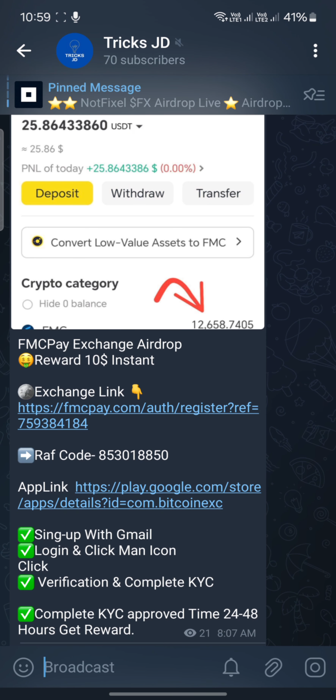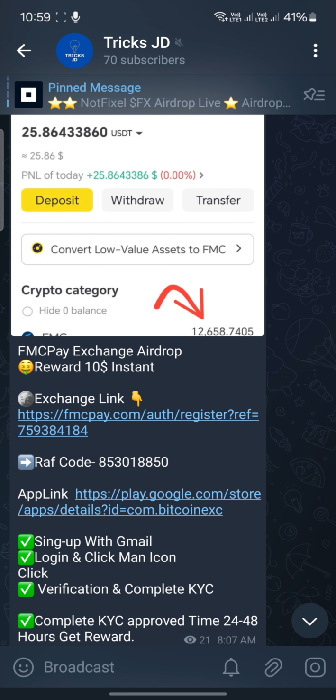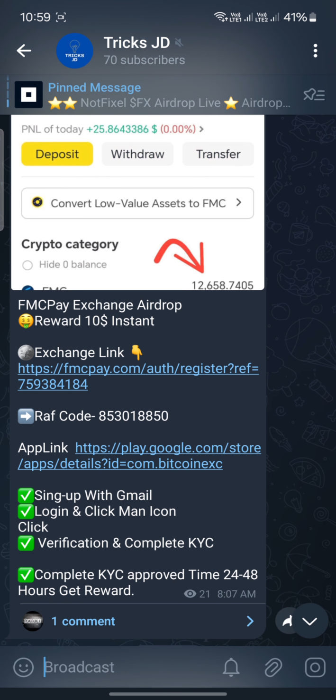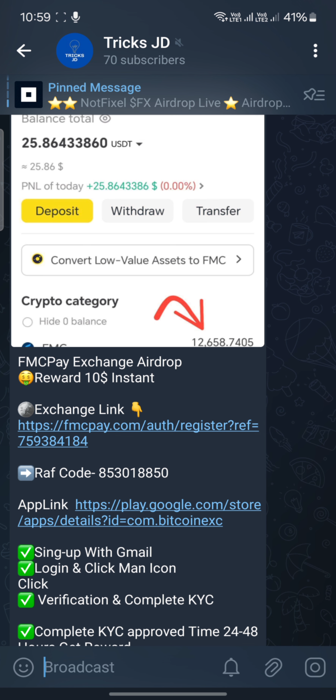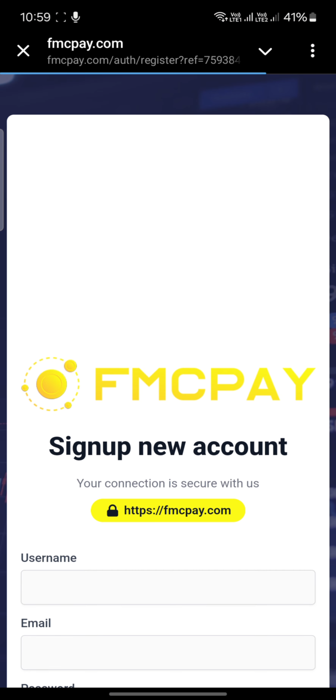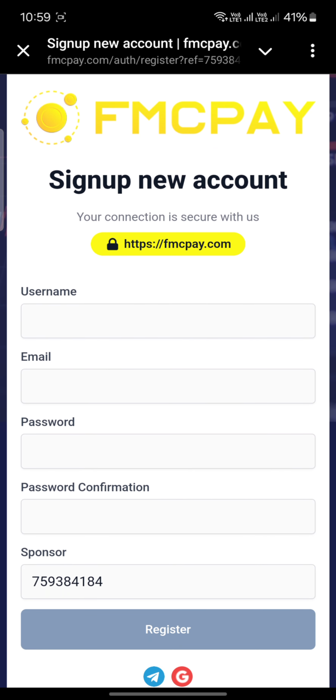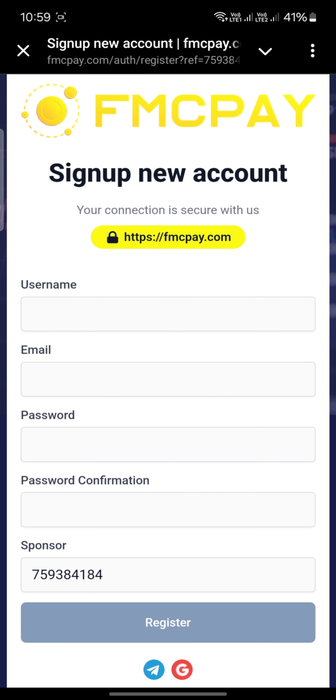Okay, today I'm talking about this application where you can just sign up and complete KYC. You can get an instant $10 or more, or less, $2, $3 of reward of FNC token. Click on the exchange link and you can see this type of interface where you can just simply put your username